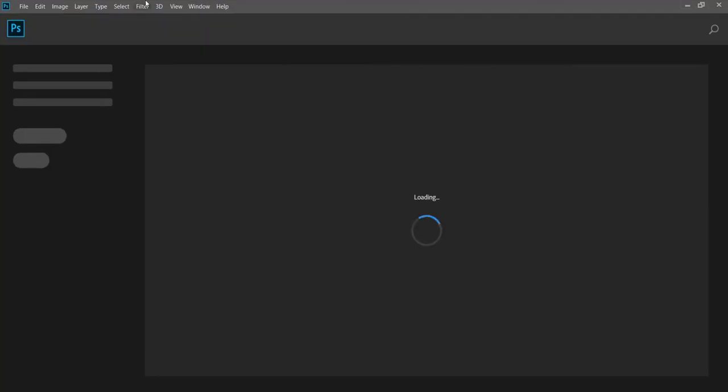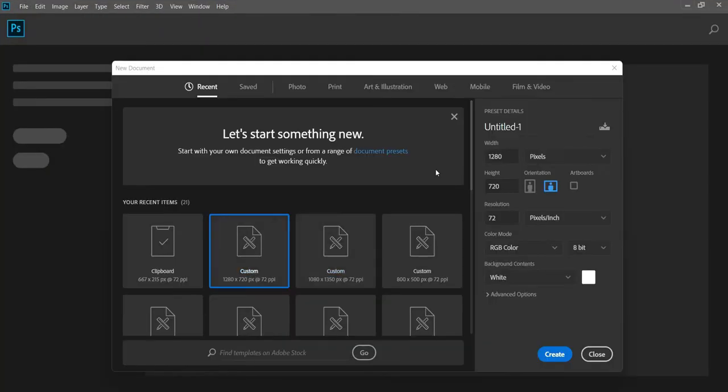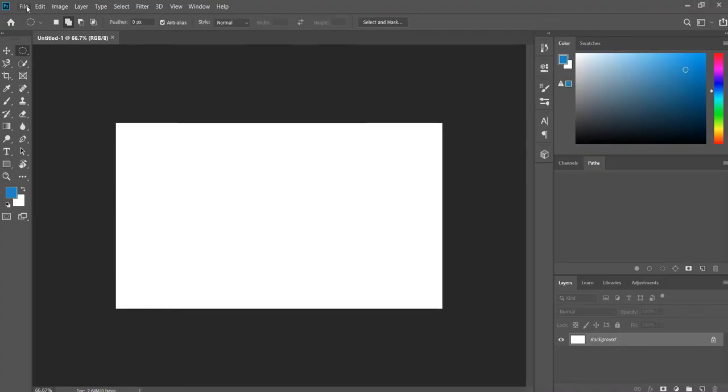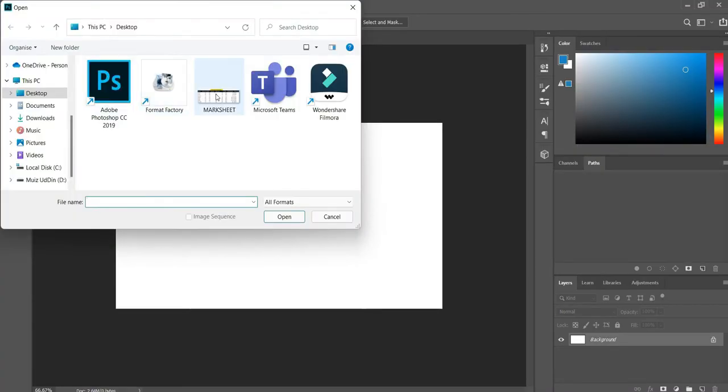Open Photoshop, then go to File, New, and put these details for your YouTube's thumbnail. All the details are mentioned. Now then go to Create. Now I'll go to File and Open because I want this page to be visible on my YouTube to get